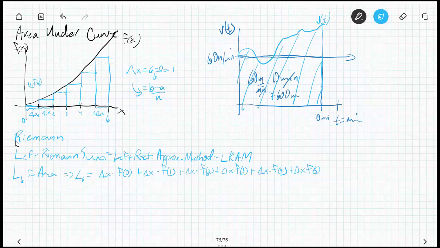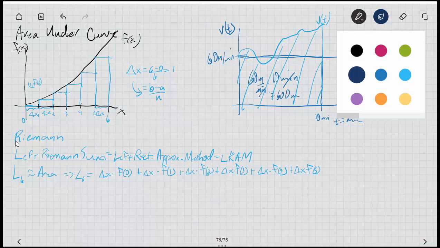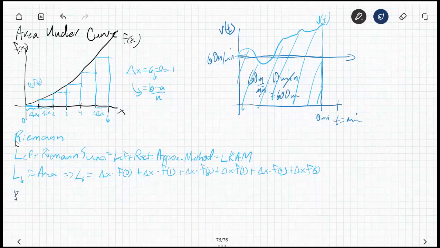So Riemann said, okay, fine, suit yourself. We're going to do R sub 6. All right? So again, R sub 6 is approximately equal to the area. But what does R sub 6 equal? Well, we still have a delta x of (b minus a) over n, or (6 minus 0) over 6, which